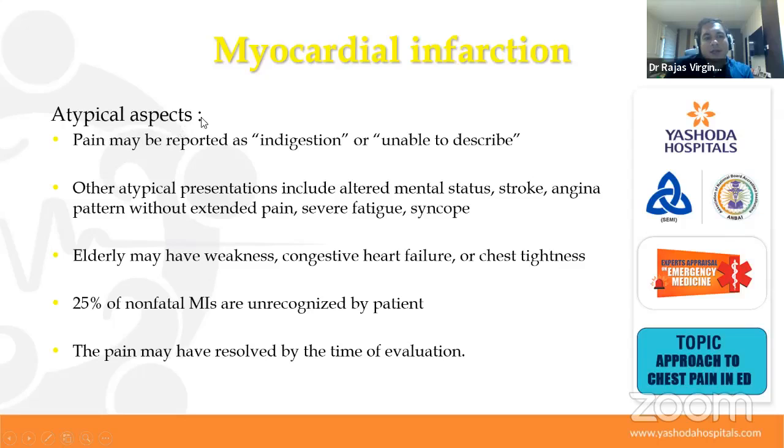Sometimes you can get atypical chest pain, as we have alluded to before. Some patients may describe it as indigestion, a burning sensation, or be unable to describe it. Sometimes patients might even present as a stroke or a collapse. So you need to have a high index of suspicion in patients who have risk factors or have presented with these sort of symptoms, where they have just come in as a collapse.